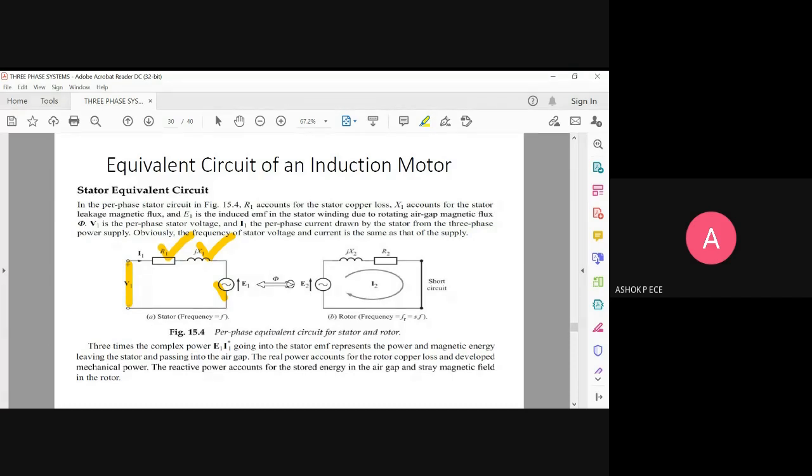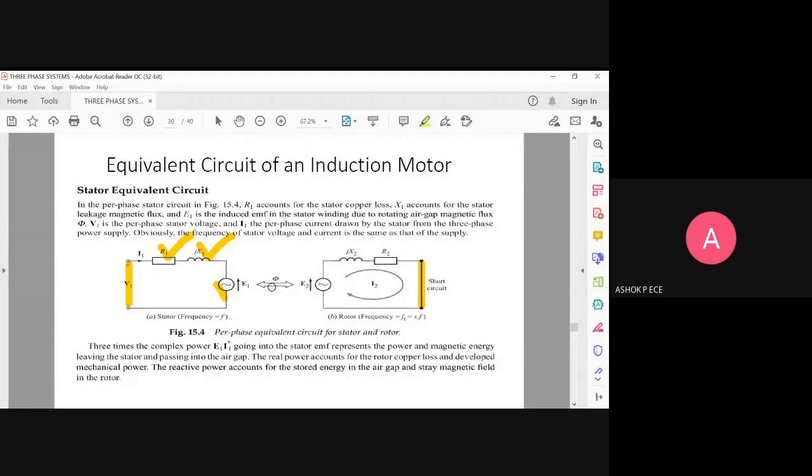If you see the rotor, you will have an EMF induced E2. You will have a resistance and reactance jX2, and the rotor frequency will be fr equal to s into f. In case the motor is running on full load, the current will be very heavy, so I can short circuit the rotor terminals. And between the